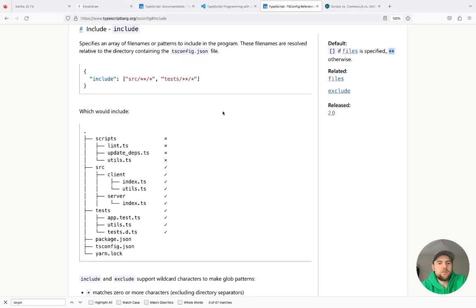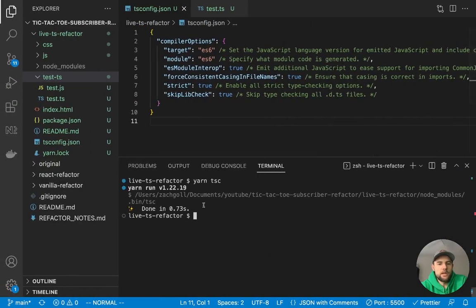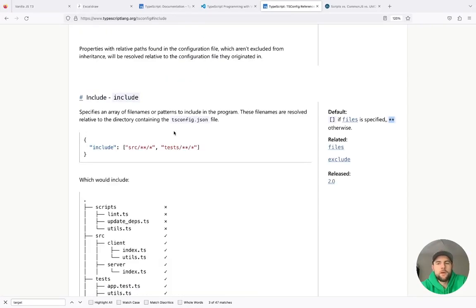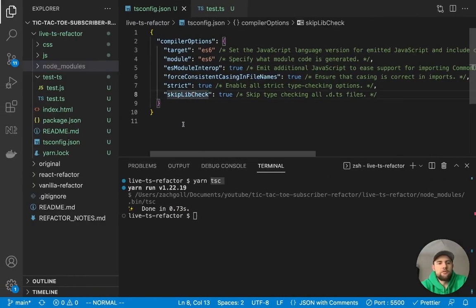So as you can see in our code base, we ran the tsc compiler, and it automatically looked for any .ts file in the entire folder and compiled it. That's because it's got this default glob that is including everything. So given that behavior, I think we're fine.